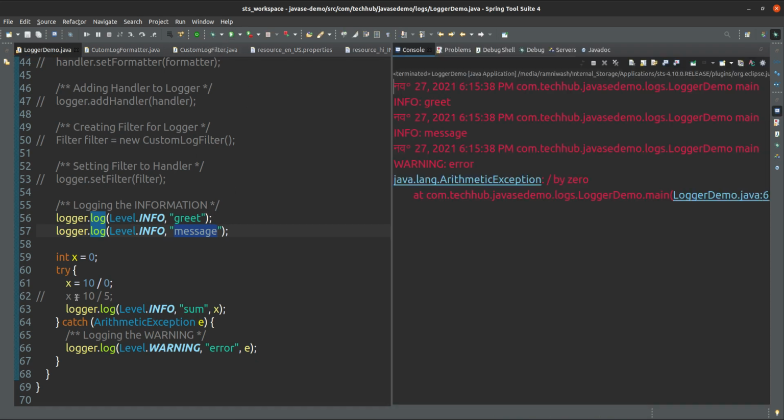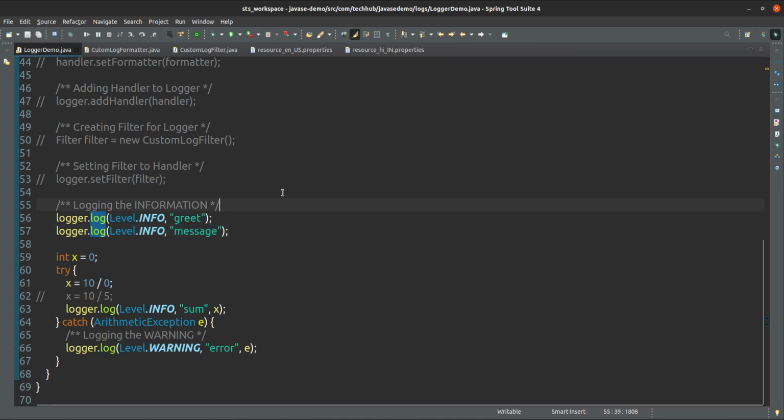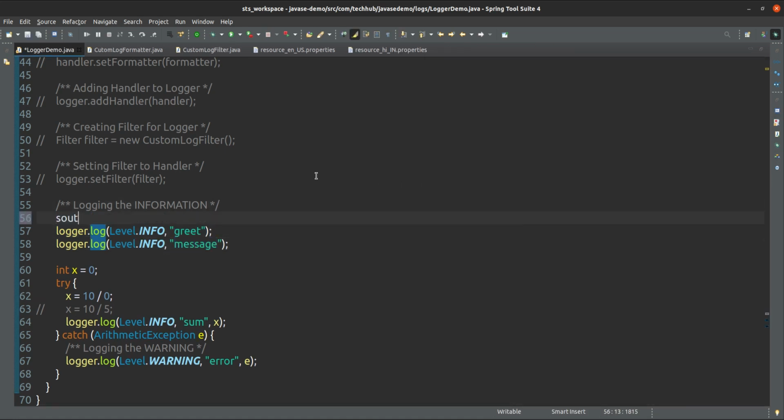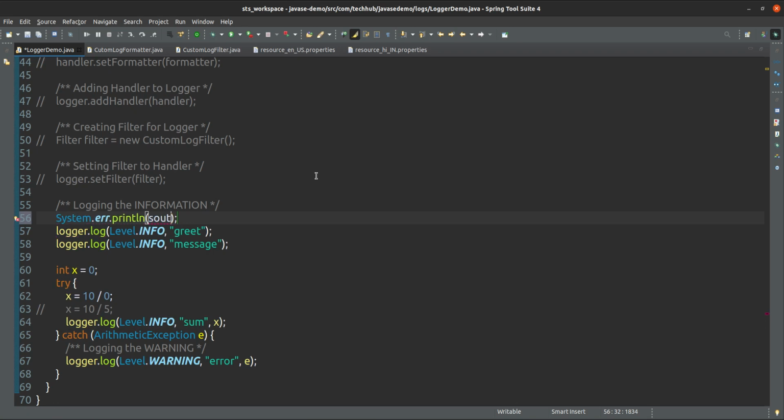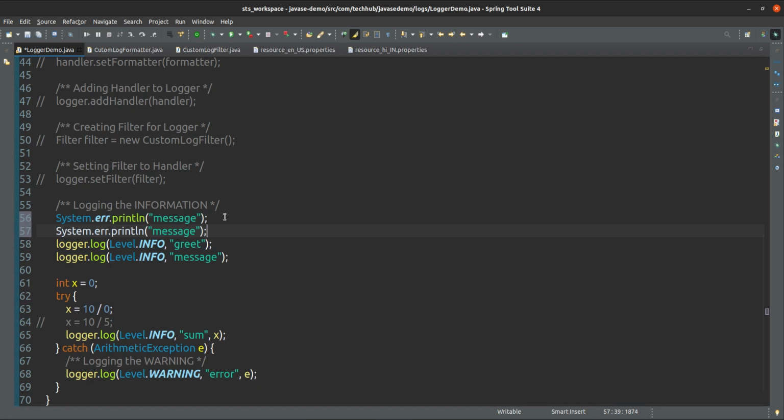Yes, see, now this is logging quite differently. If I am writing a simple SOP statement here, using system.error, logging this message or greet, you will see the difference here.